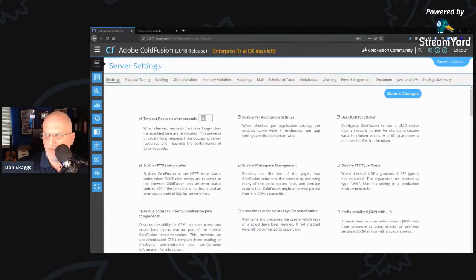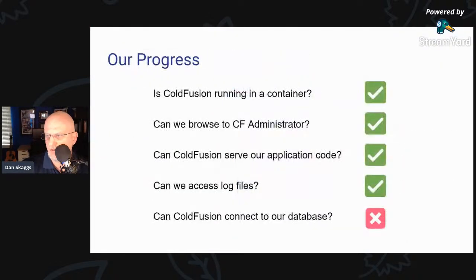So that's a little bit of a bonus. There wasn't an actual item on our scorecard for that. But at this point, we've got running in containers, browsing the CF admin, using our application code. We can see the log files, and as a bonus, not listed, we're saving our config between each restart. So the only other thing that we identified initially that we wanted to make sure happened was to connect to